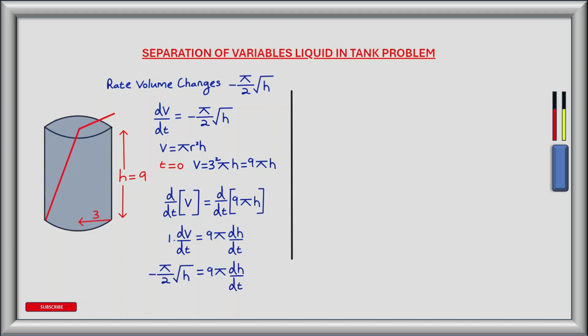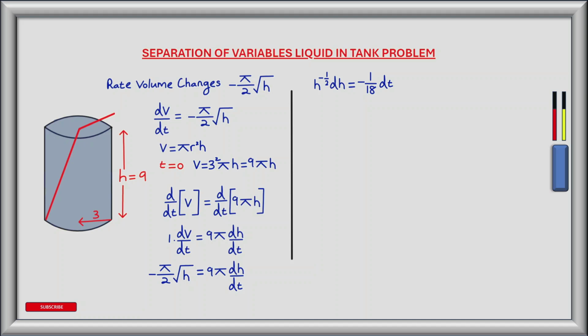Now we know from above that dV by dt is equal to minus pi divided by 2 multiplied by the square root of h. So we can substitute for dV by dt in our equation. This leaves minus pi divided by 2 multiplied by the square root of h is equal to 9 times pi times dh by dt. We can then divide both sides of the equation by pi to eliminate it,